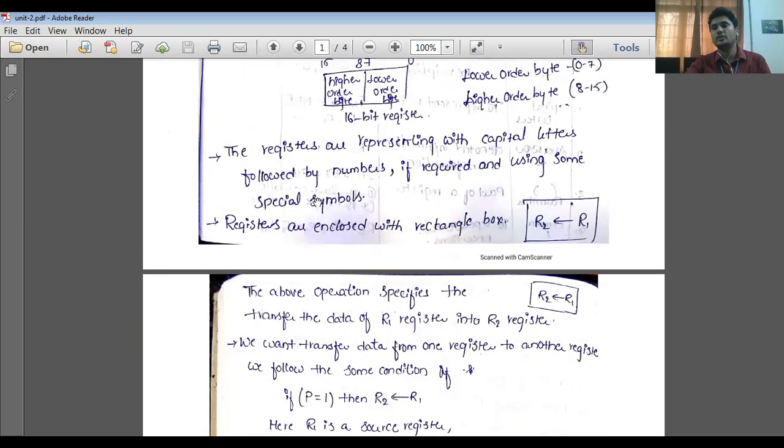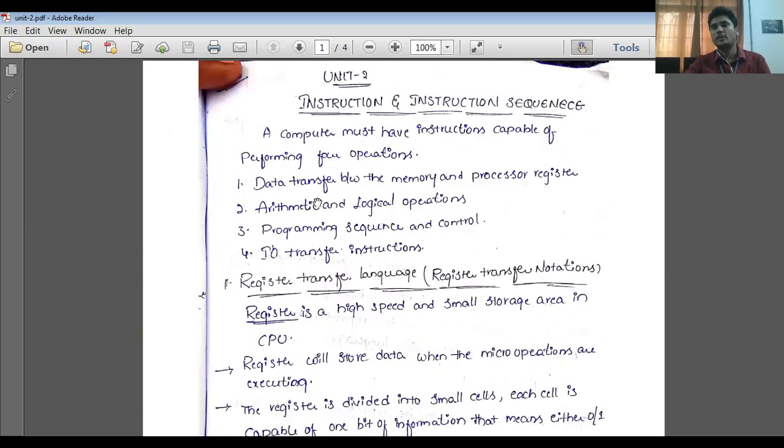So here in unit number 2, in the introduction part, we covered the need for registers. A register is a high speed, small storage area, and we use registers in the CPU. What is the need for registers? Registers store data.